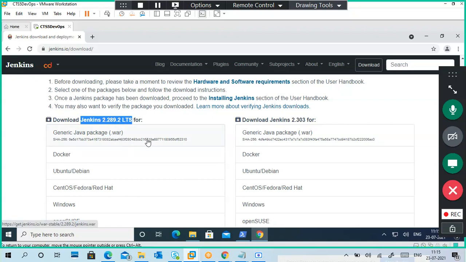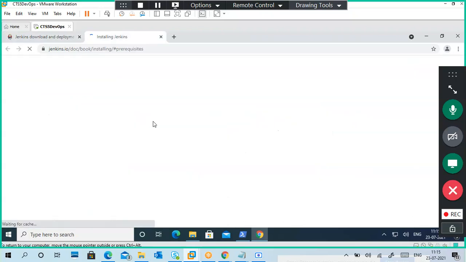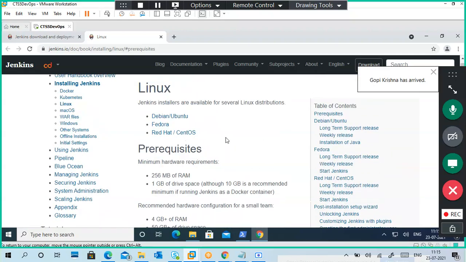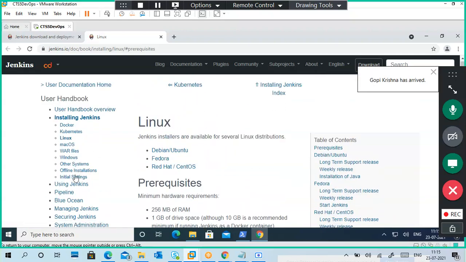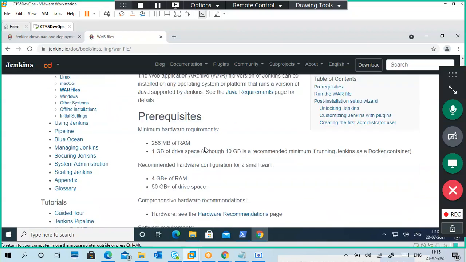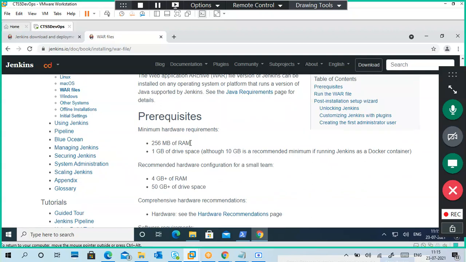Before downloading the war file, we should know the minimum requirements. This is the hardware and software requirements. Now I want to install on Linux, Windows, like that. See, this is the war file. I am not downloading and installing a Windows-related or Linux-related one. I am installing war only, but war works on both Windows and Linux. We need a JRE only. Java runtime environment is required.